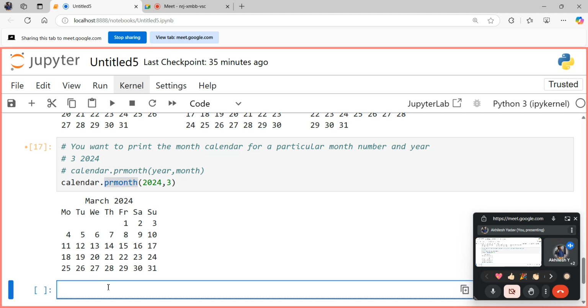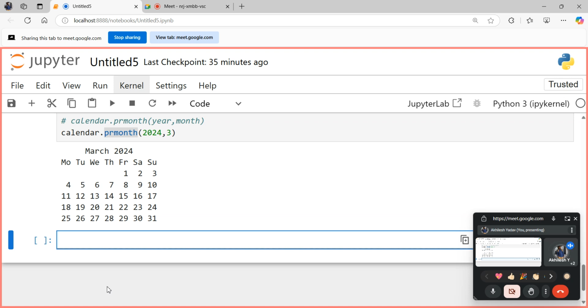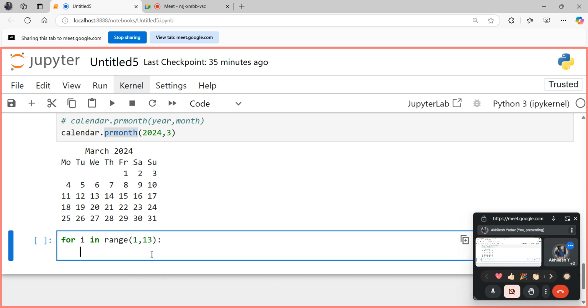How? You have already studied iteration, and you know in a year there are 12 months. So you can take a simple for loop: for i in range, starting from 1 going on till 13. Now don't say that there is not a 13th month in the calendar. Obviously there is not, but you know in a loop this will always go one number less than what you write at the end parameter. So anyway it will go till 12 only, and you can say calendar